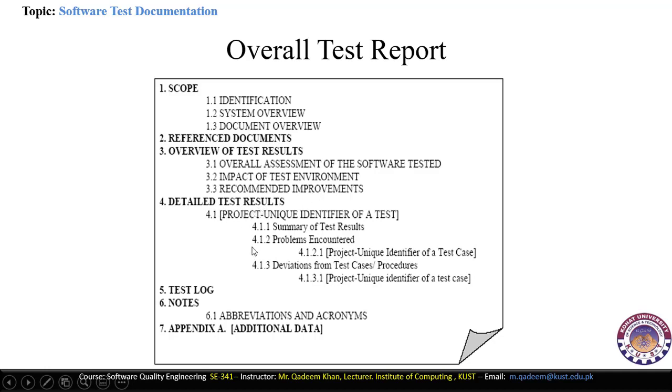Here we will define the results of the software testing. It includes the project unique identifier of a test. The project unique identifier is in fact a unique key which represents the test, for example, test 4.128. And we can also define the name of the product that has been tested. For example, test